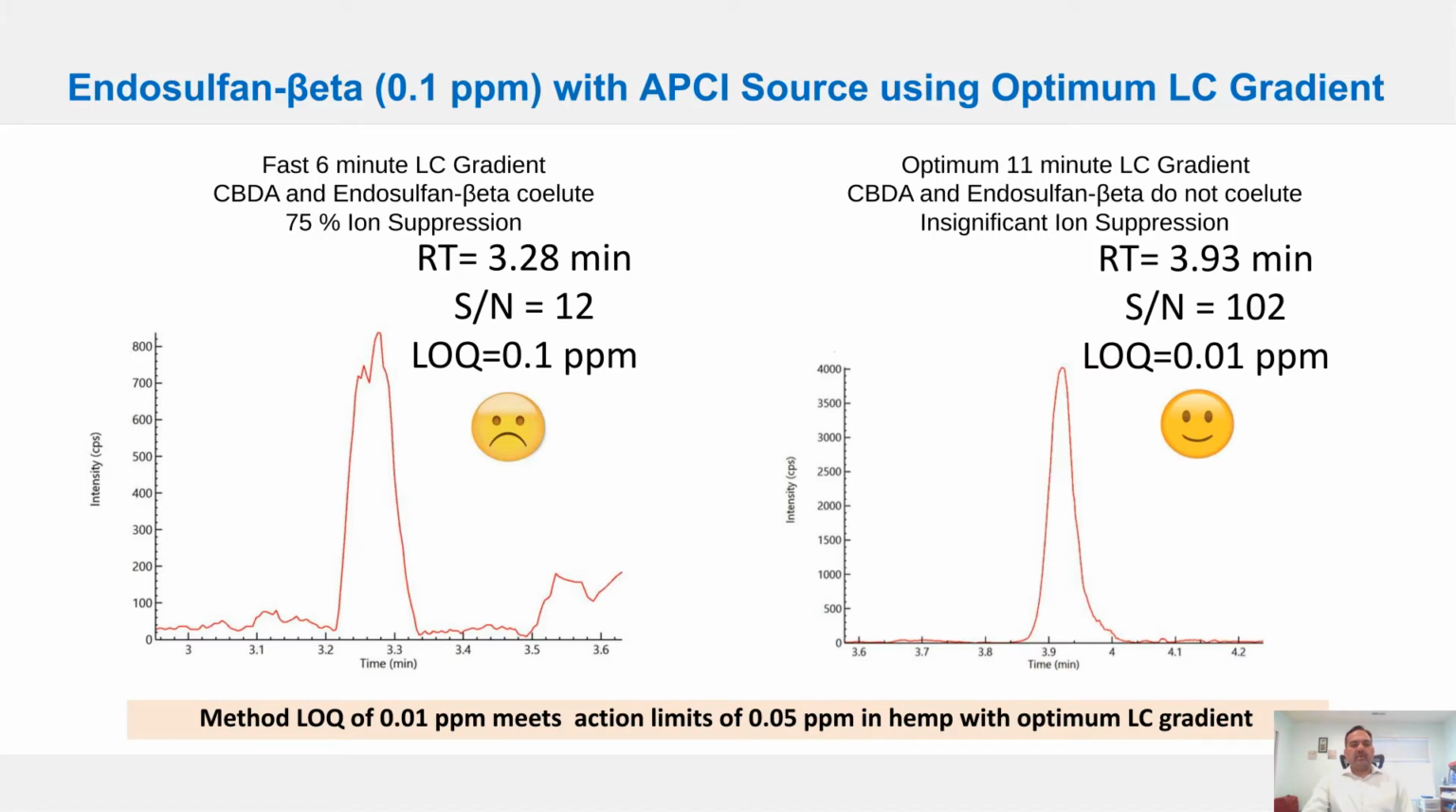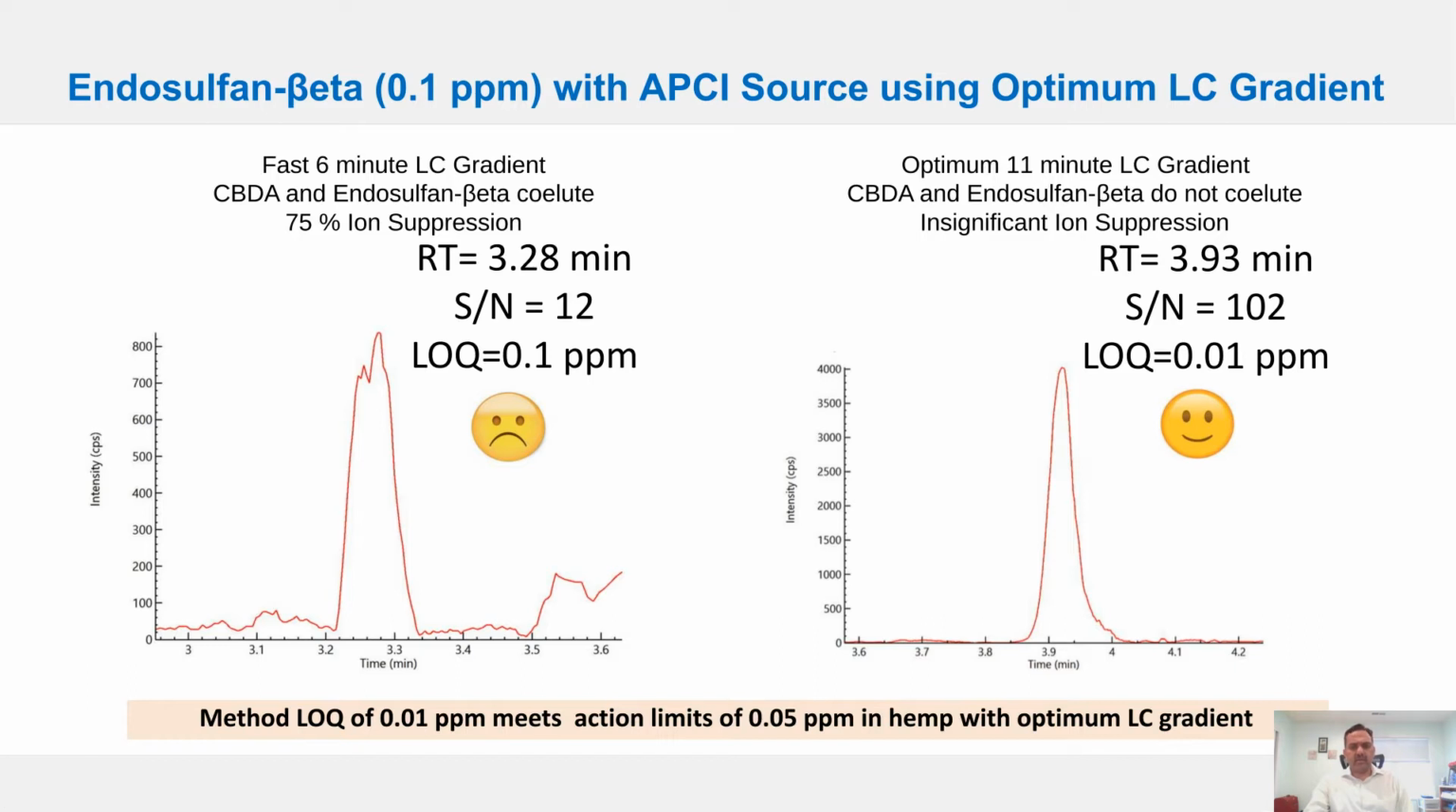Next, I would like to show an example of endosulfan beta with APCI ion source. So on the left, when we used a fast 6-minute LC gradient for endosulfan beta, we observed 75% ion suppression for this compound, and our method could not meet Colorado State action limits of 0.05 ppm for this compound in hemp matrix. But on the right, when we use an optimum 11-minute gradient